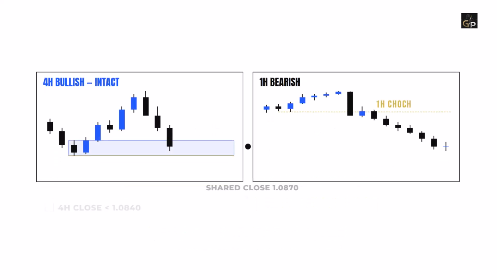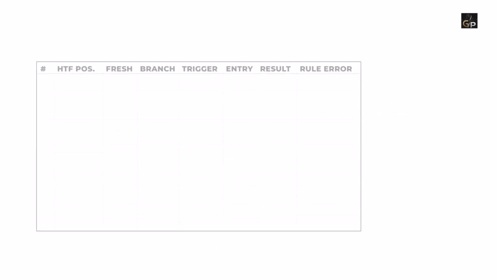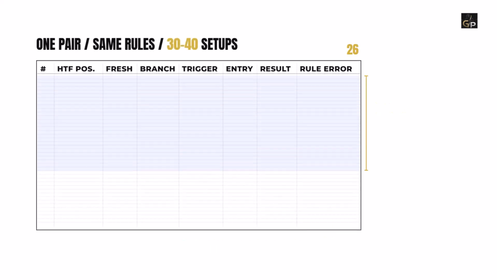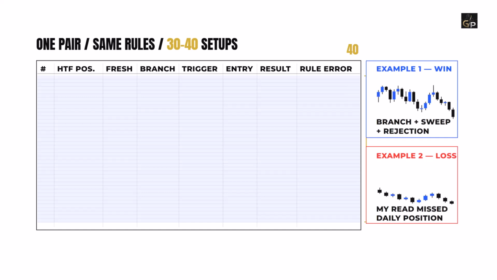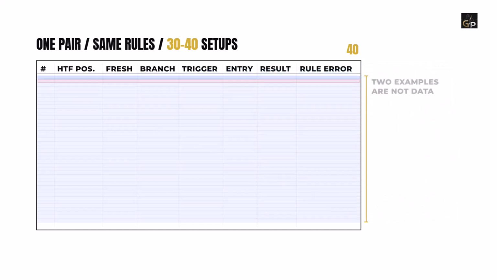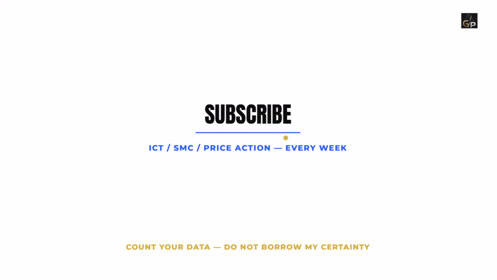Higher time frames carry more weight because orders have had longer to accumulate there, not because they're inherently stronger, which is why a fresh 4-hour zone will often beat a weekly level that's already been worked through. And when your time frames disagree, that's information rather than a problem. Write both branches and let the market pick one.